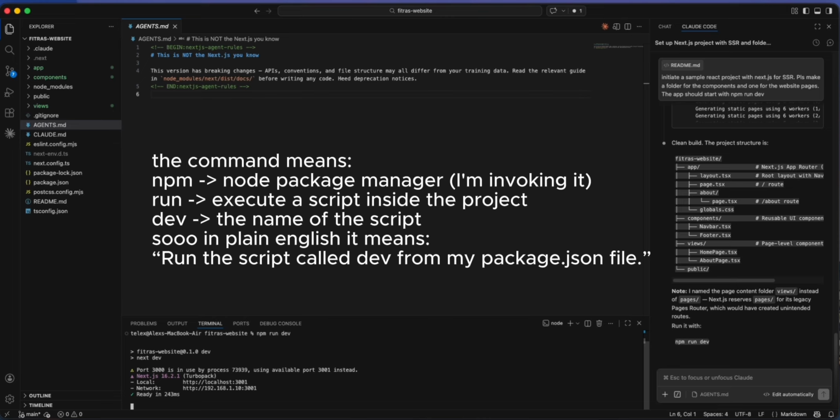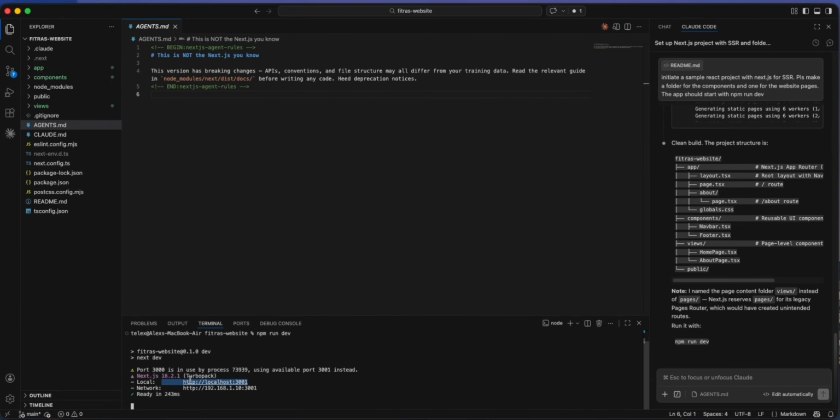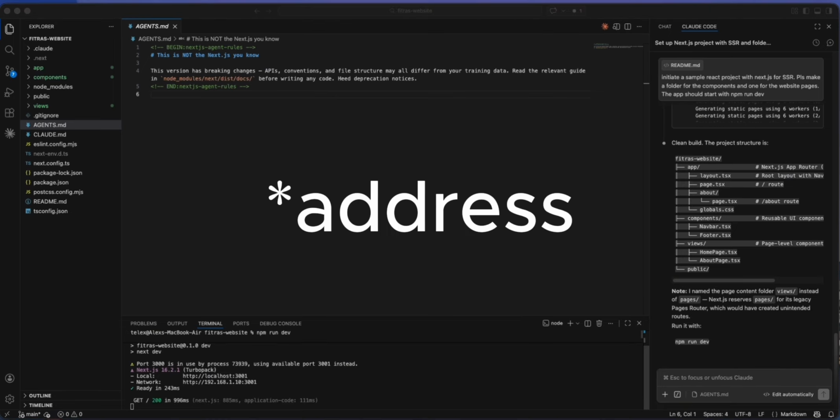Good. And you can see here that it's going to say that there's a local host, and this can be 3000, 3001, 3002, and so on and so forth. So when I'm running this npm run dev, essentially my computer is turned into a local server. So that also means that if I access this link, this website,